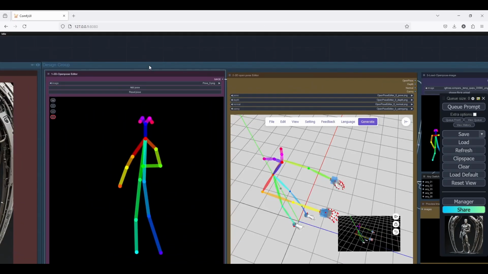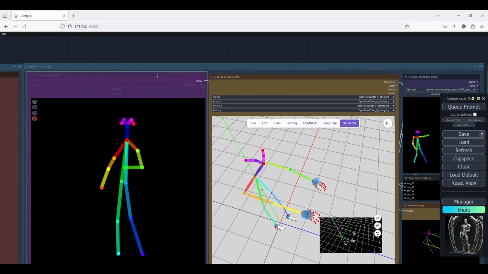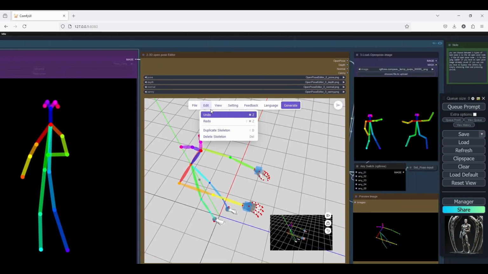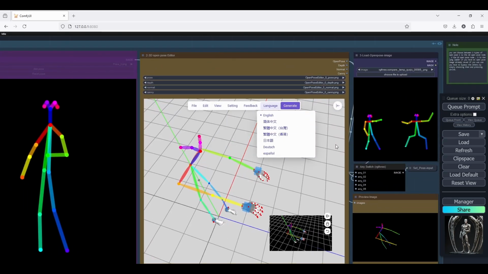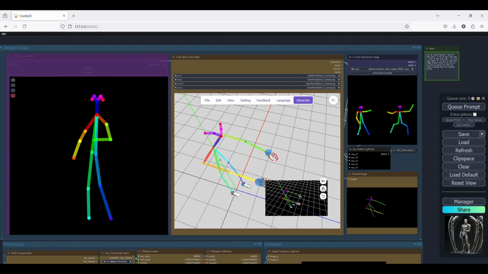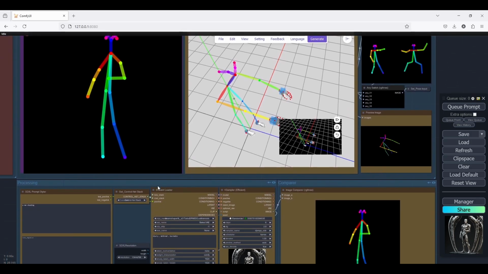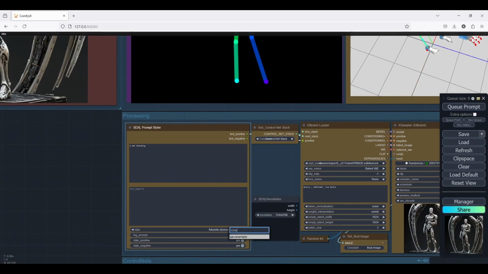Okay, if we want to use the 3D open pose, which is the most powerful node we have here, you just come here and press Ctrl plus B. Okay, for this one, I just loaded it. I created this earlier and loaded it. You have just to press this one to just load the open pose. Sometimes it just gets stuck, but if it's stuck, you just unlock and press this one, unlock again. Okay, let's check, but let's change this into cinematic. Let's say, for example, zombie walking